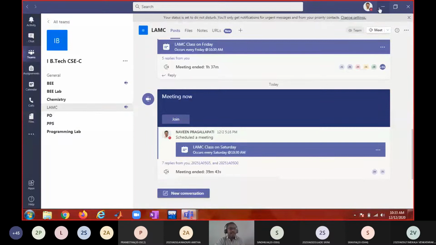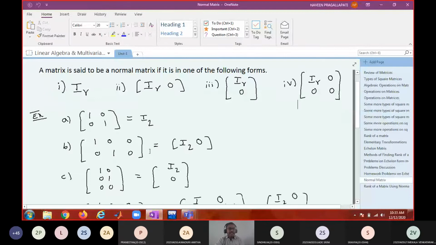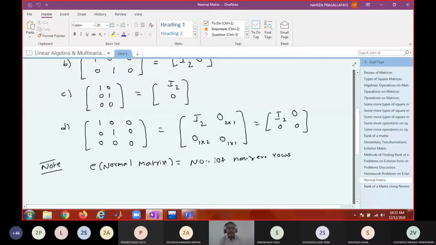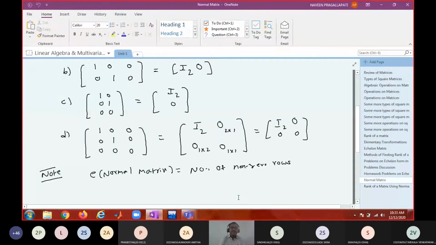So we are here. Yesterday I gave the definition of a normal matrix. A normal matrix is in one of these forms: an identity matrix of order r is a submatrix. And we have observed that every normal matrix is basically an echelon matrix, but an echelon matrix is not necessarily a normal matrix. So what we'll do today, whatever problems we discussed in echelon matrix, we'll consider those problems for